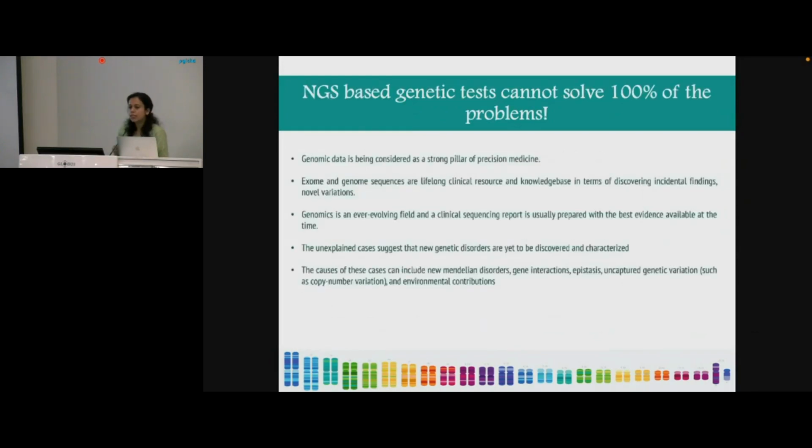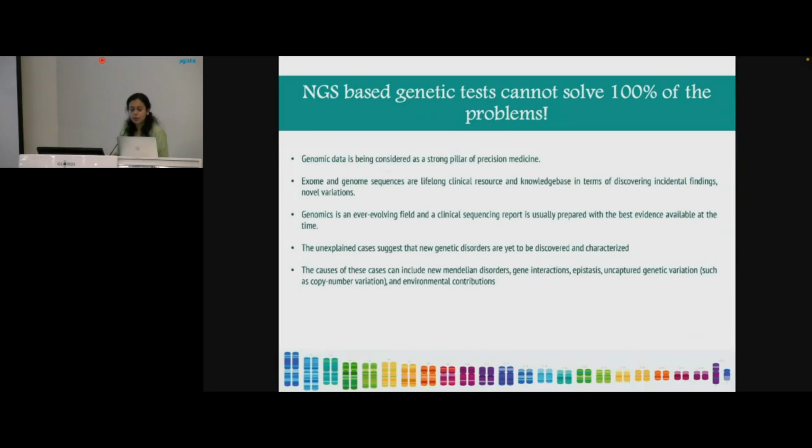And the thing is, it is a very common assumption that if you are going for the higher test, it is going to give you answers for every question. It is not like that. An NGS-based test cannot give you a 100% solution to your problem. We need to know and accept this fact,